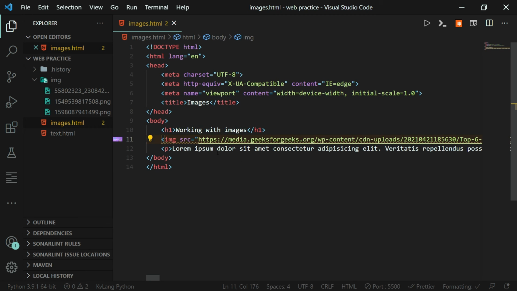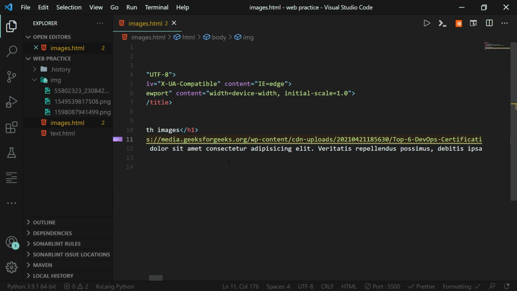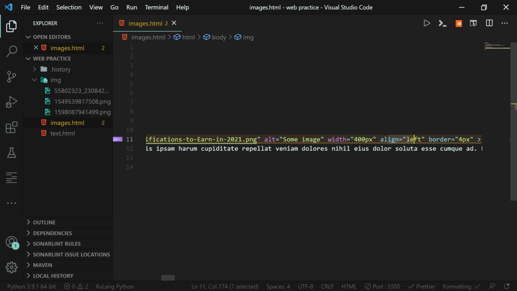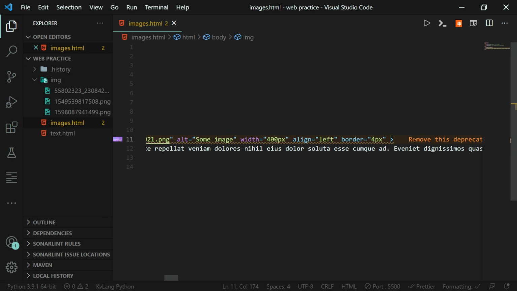We have seen how to insert an image and the two methods to add the source, that is from the local storage and from the web. And we've also seen some attributes: alternate, width, and align attribute, and also the border attribute. That is all we can do with images in HTML. We can customize pretty much everything using CSS, but I feel it is important to cover everything HTML can do. That is it for the video, guys.